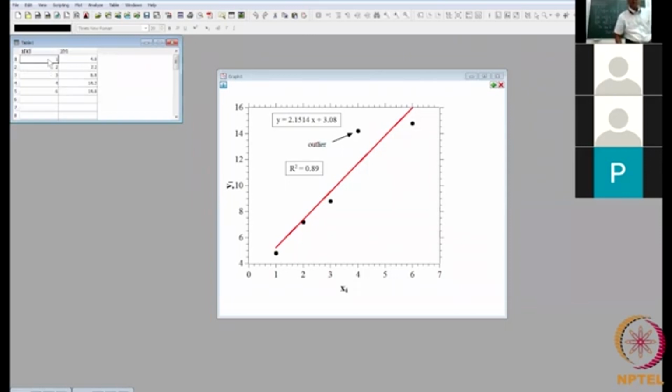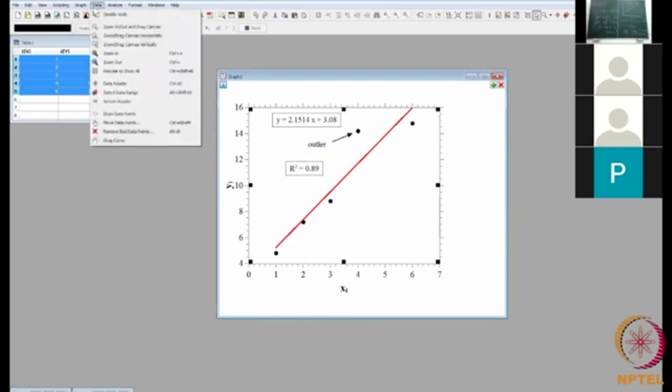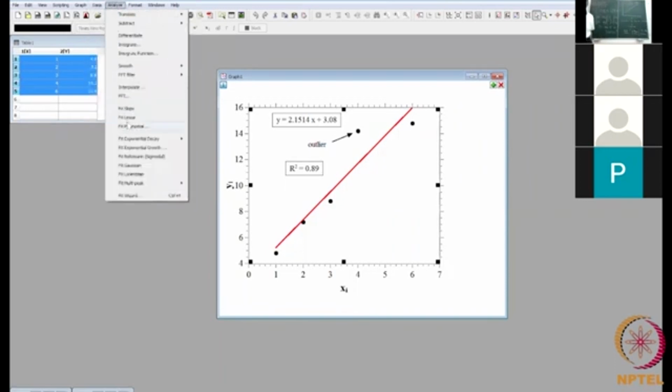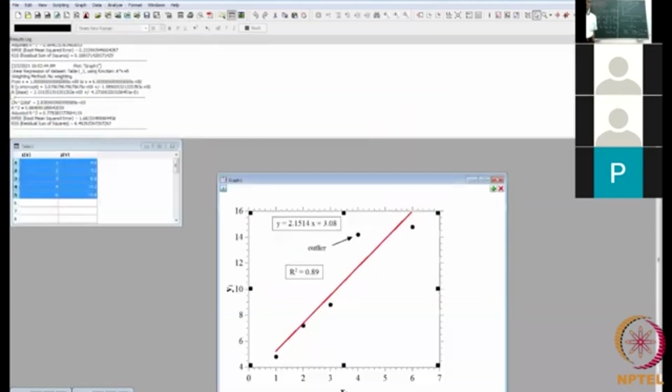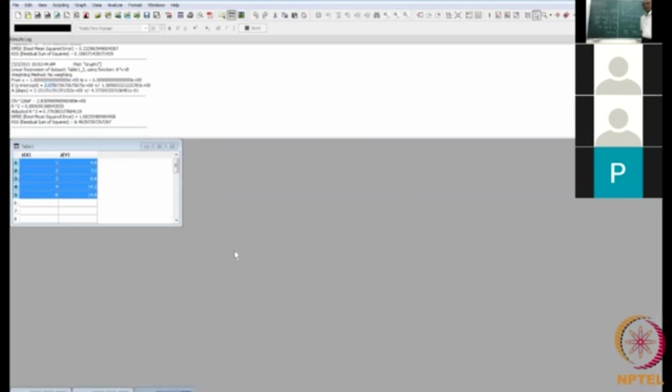So this is the data given, and the fourth point is the outlier. If we consider the outlier and do linear regression, I'll show you how to do the linear regression in QTI plot. This is the data generated from QTI plot. The R square value we obtained is 0.889, and the value of A is 2.1513 and the value of B is 3.07. If we omit the outlier,